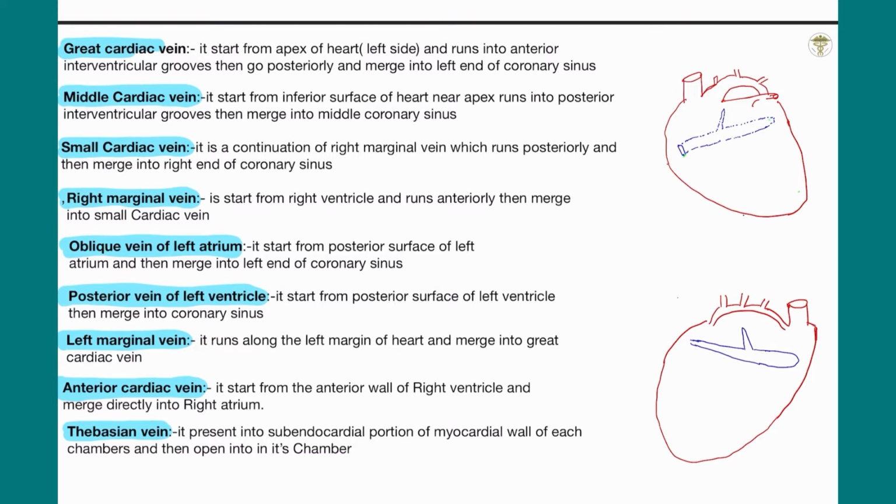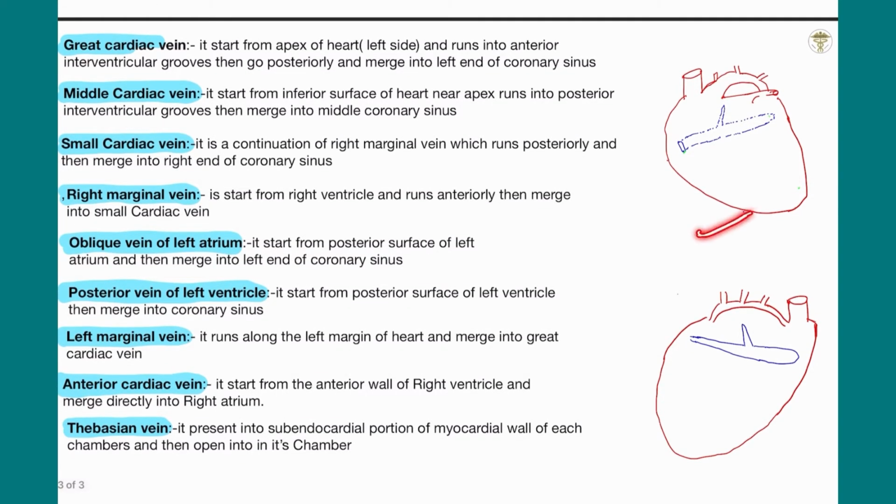The other veins like middle cardiac vein and small cardiac vein are present in the posterior part. I will make all veins in both diagrams, in the anterior view and also in the posterior view,